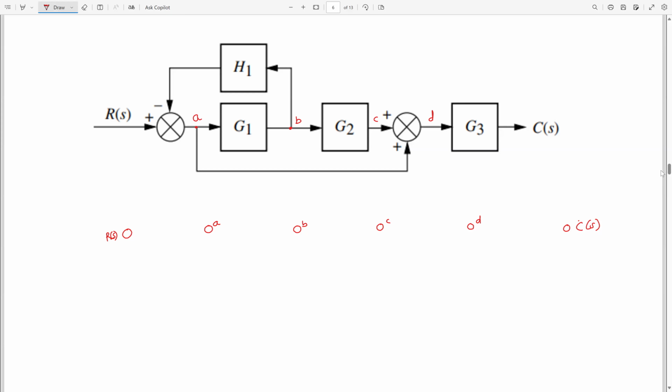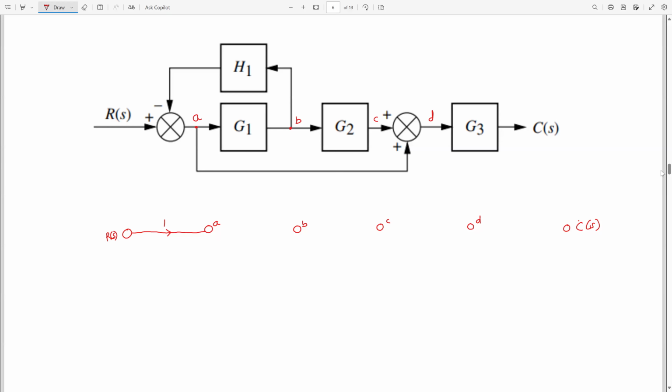So the first system that we have identified is this branch right here. Then it has a transfer function of +1 because of the plus here. So we connect it to the output of this summing junction, which is A. And then the transfer function of this branch is going to be +1. Right? And then still on the forward path, right? So the output of this,